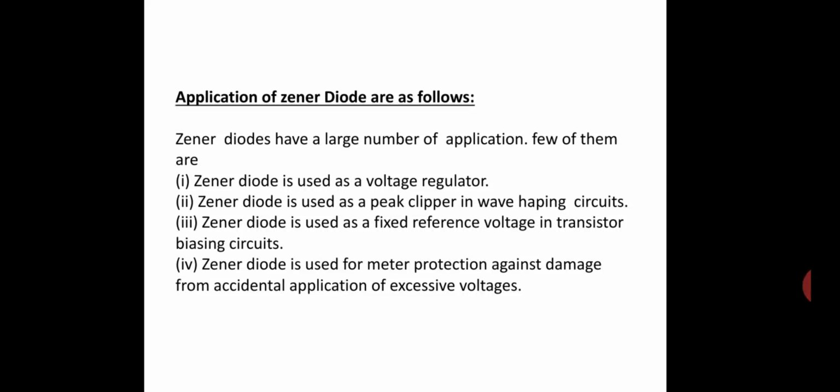So this is the Zener diode's VI characteristics and its applications, and now we can understand the difference between the Zener diode and the PN junction diode. The major difference is that the PN junction diode allows current to pass only in the forward direction, whereas the Zener diode allows the current to flow in both the forward and reverse direction. These are the differences between the PN junction diode and the Zener diode.